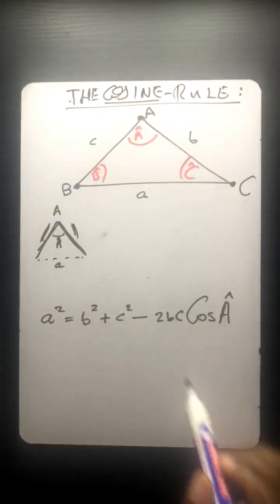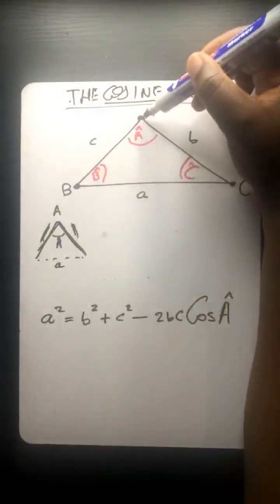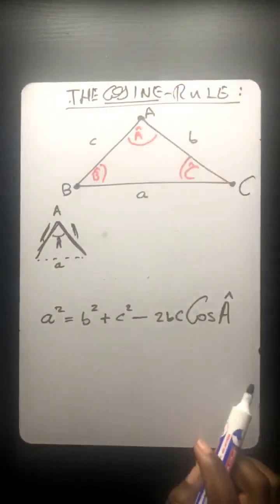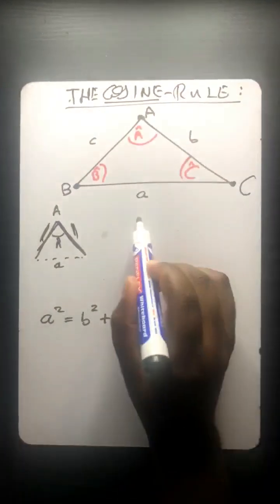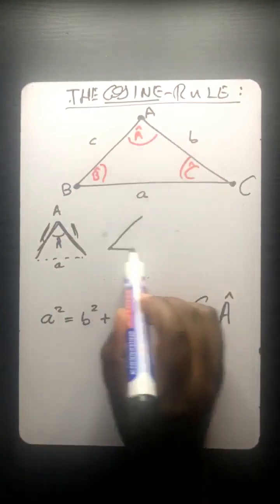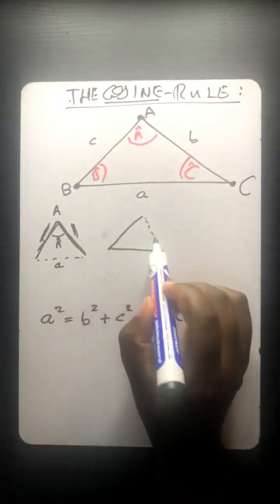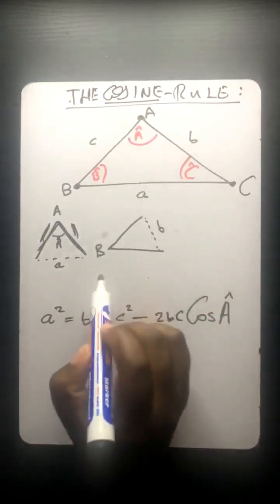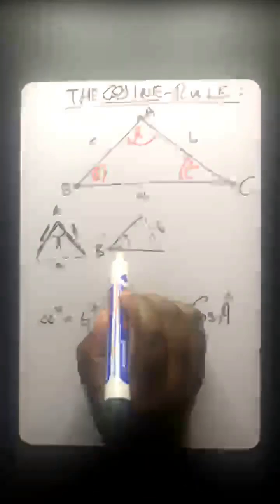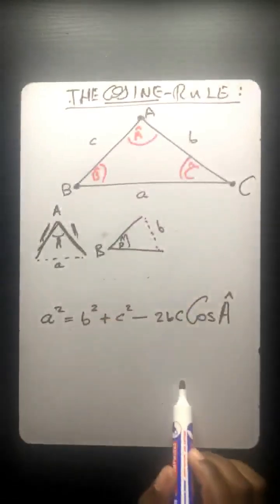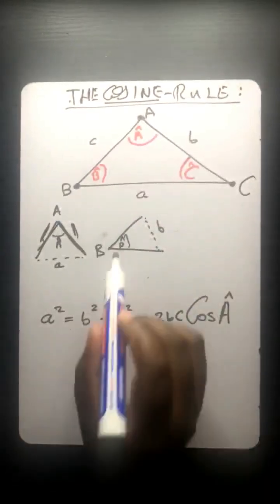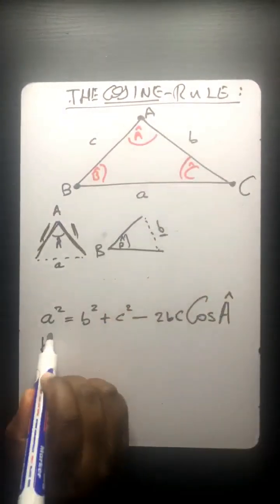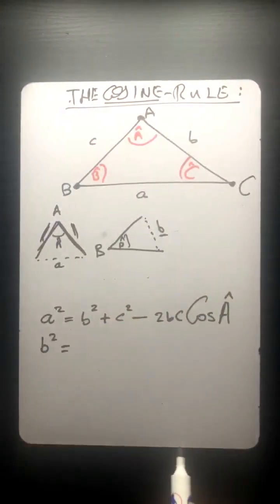Let's say maybe they wanted you to calculate that side B. How do you calculate that side? Let's redraw it and say this is the side that we have, and then we also have that. This is what we are looking for, which is small letter b. Can you see here is capital letter B with its angle. Since it is this side that we are looking for, that is why the formula is going to say the side squared is going to be equal to,